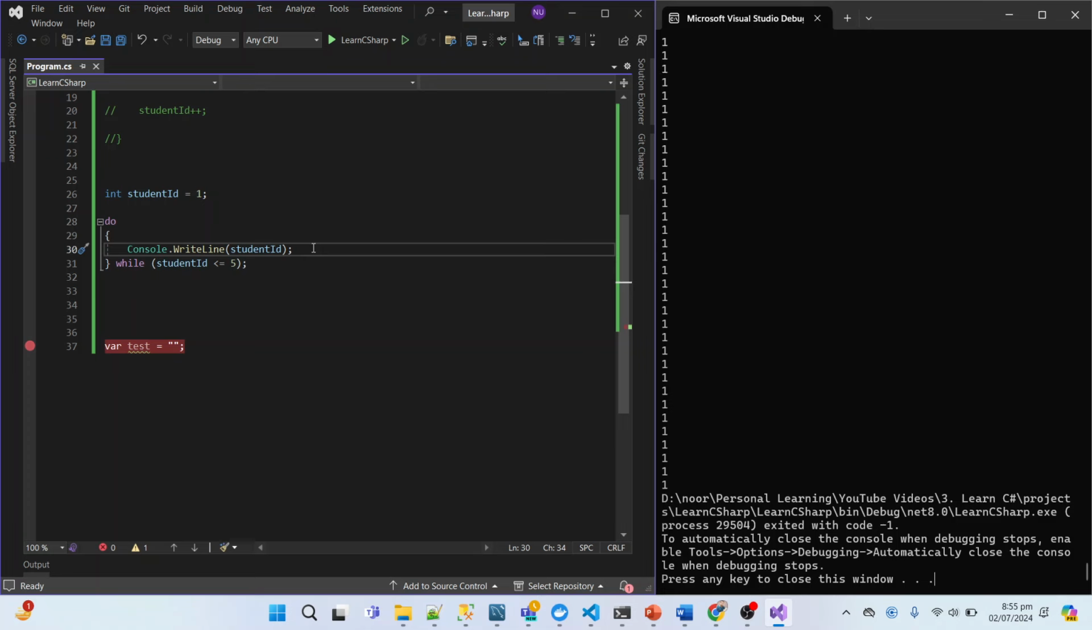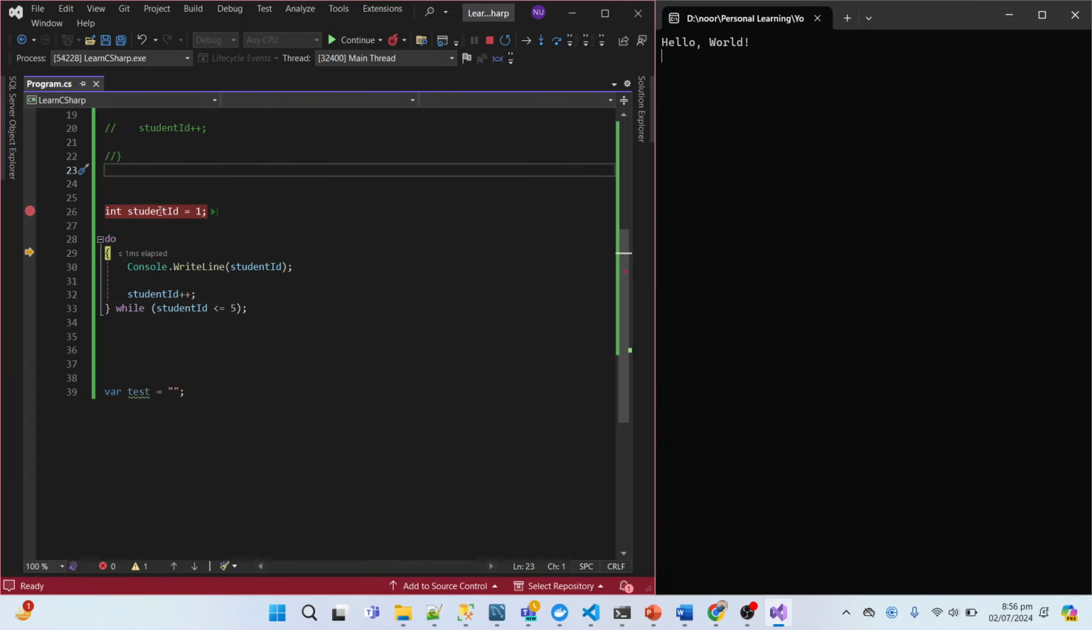Okay, studentID is 1. Why is its value not shown? Let me show you. Sorry, I think my program is again giving me issues. No, studentID is 1. Okay. Now this block will be executed. You can see that 1 is printed whether the condition is true or false. At this time, the condition is true, but